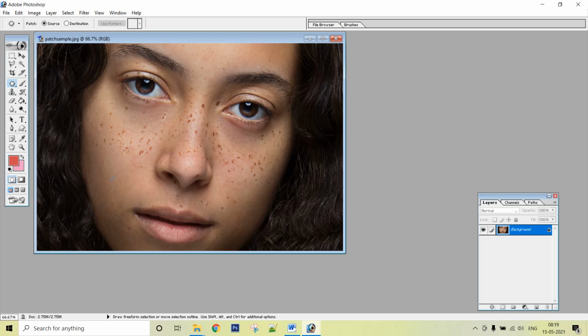So if we want the selected area to become the source, then we have to select source, and if we want to heal that area, then we have to select it as the destination area. Now to alter the selection, shift drag in the image to add to the existing selection.